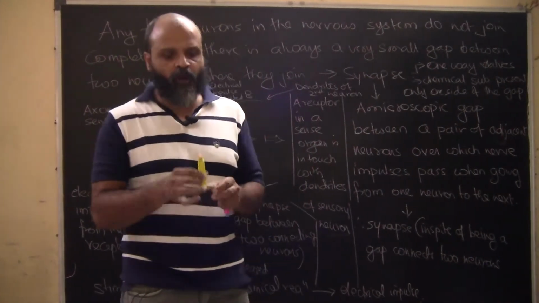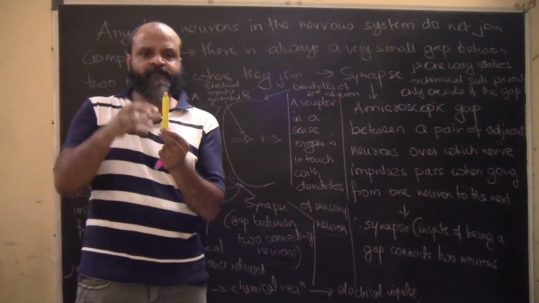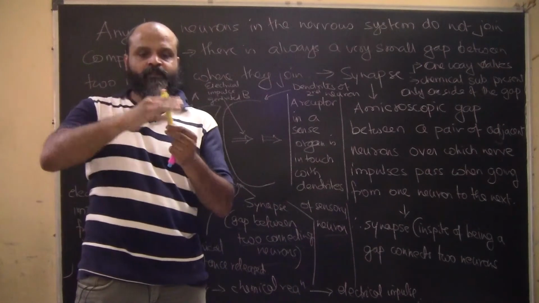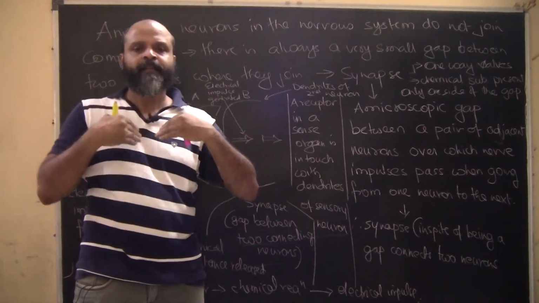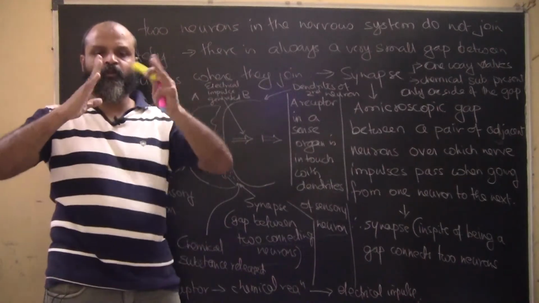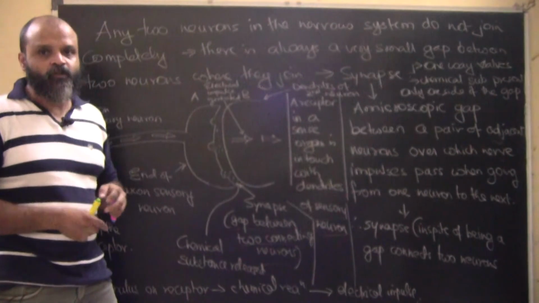If you understand what a valve is, let's say we have a pipe. In our buildings we have pipes, so the water always comes downwards. It never goes upwards. So the valve opens in such a way. In our heart also the valves open in such a way. So they are unidirectional valves. They do not go both ways. So synapse is basically a joint in which, so what will happen is, see,